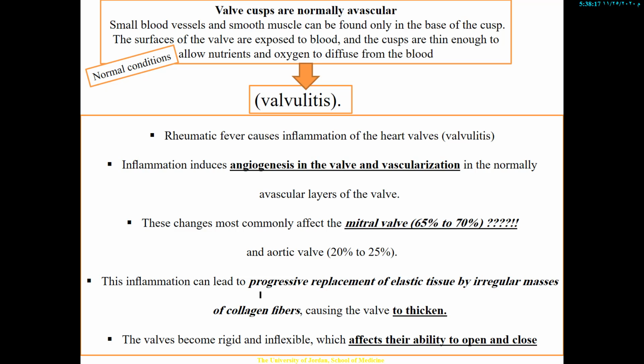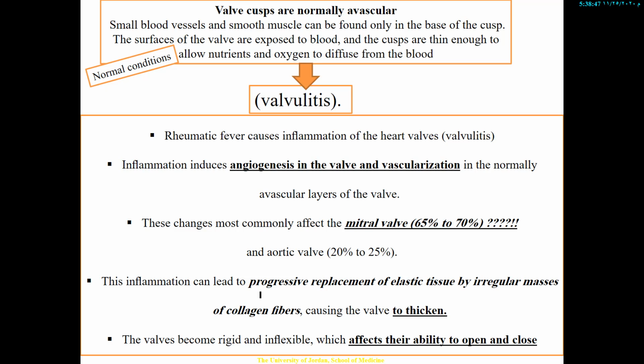Valve cusps are normally avascular. This is very important. They are avascular, except maybe near their bases, where they can get some blood. But because they are thin, they can be supplied by diffusion from the blood that bathes them all the time. So, because of their unique structure,